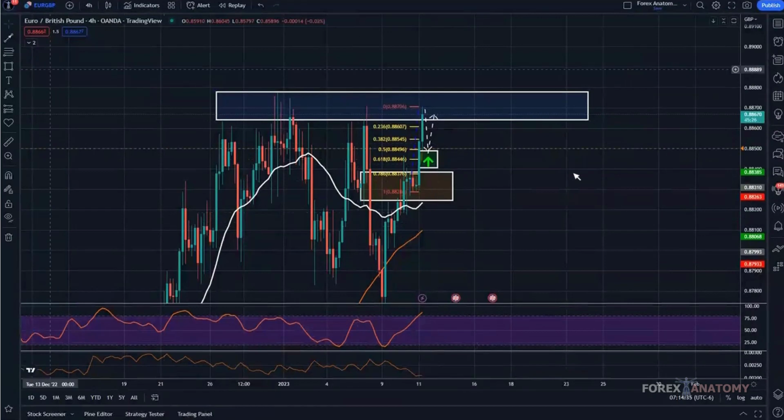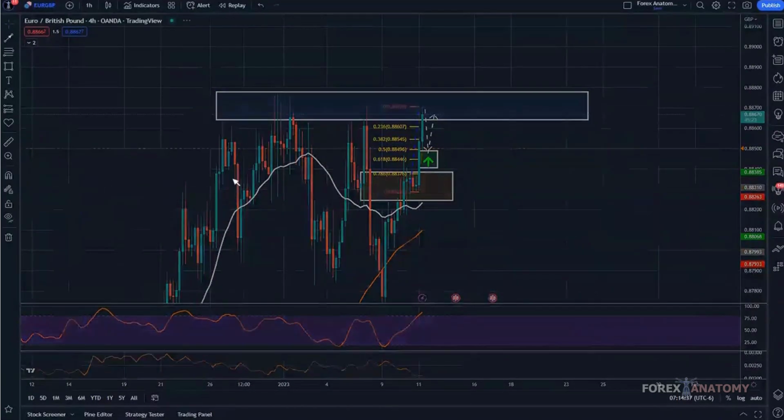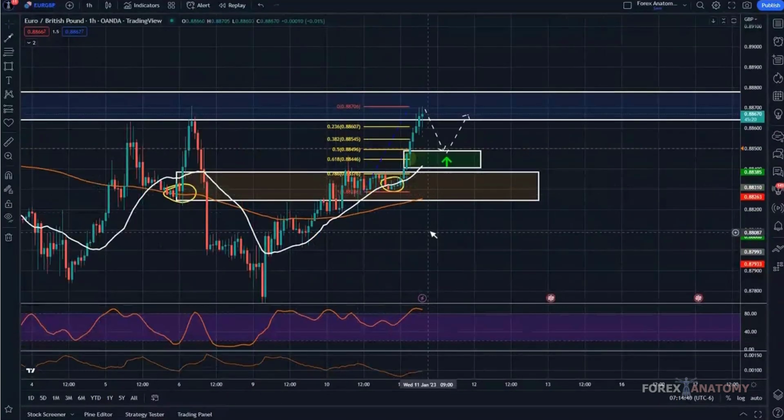So are there any questions in regards to this particular setup on euro pound? Going once, going twice. All right. If there aren't any questions, then we can move on to our next example, which is a